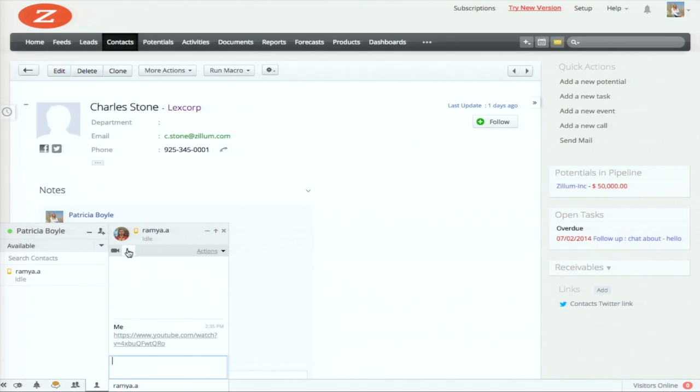And if you want to convert that into a video call, just tap on the icon next to it. That's video conferencing. You want to start a meeting and share your desktop? Well, go to the actions and say, hey, share desktop. That's web conferencing. So that's audio, video, and web conferencing integrated right into a chat bar. And this chat bar that you see is integrated across all Zoho applications: front office, back office, and the productivity and collaboration applications.